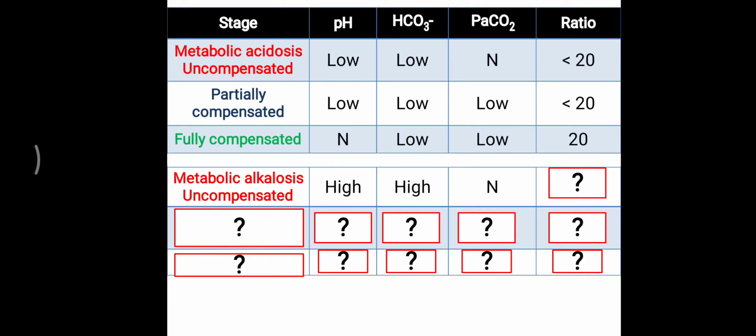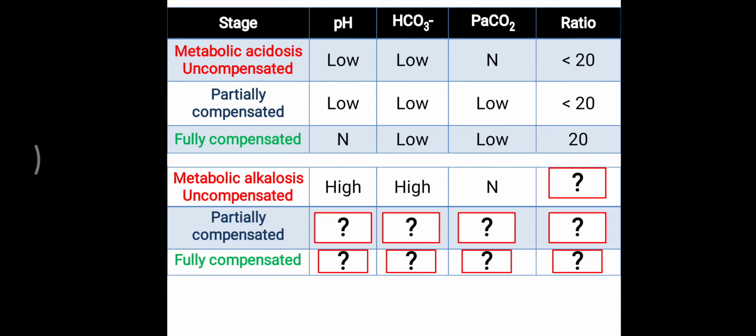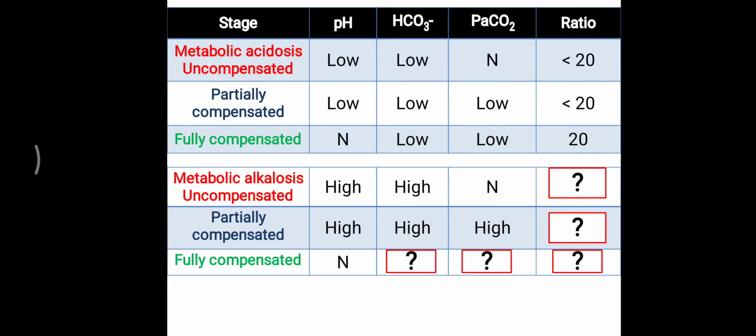Now whether it is uncompensated, partially compensated or fully compensated, for that you have to look at these three values. If only two things are affected, pH and bicarbonate, and PaCO2 is normal, it is uncompensated. In partially compensated, pH remains on the higher side, in the same direction as it is a metabolic condition. But to compensate the primary response, the secondary response, the partial pressure of carbon dioxide, will also increase. Remember, the secondary response is in the same direction as the primary response, irrespective of pH. In full compensation, pH becomes normal.